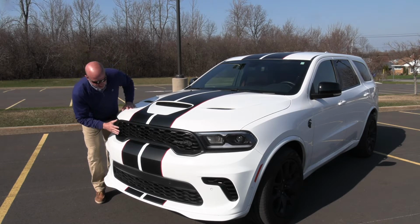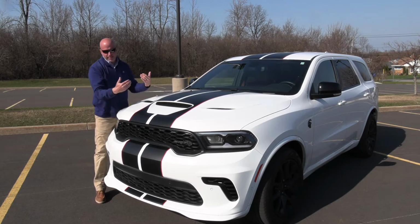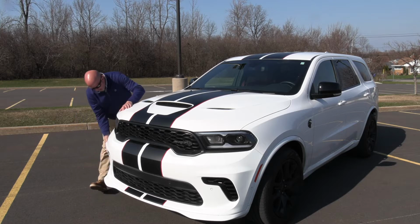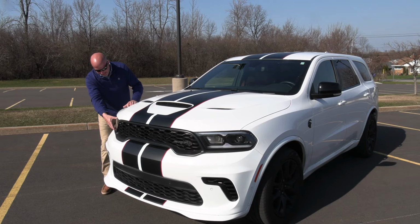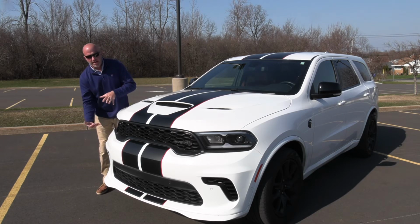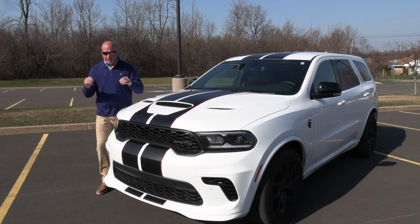Also, matte black finishes down to the grills, dual, which really feed this huge Hemi engine. Nice flare out, of course, here down at the bottom, and as you sweep around, tight body lines. Also menacing is the headlight design. While other SUVs are giving you a huge stack option, this is really just aggressive and menacing, literally staring at